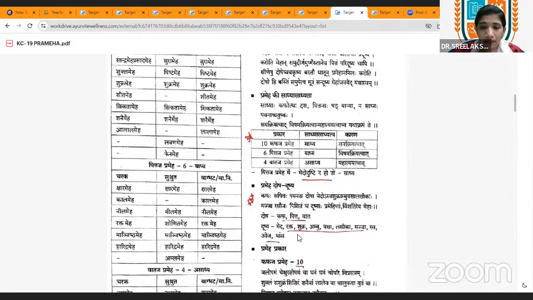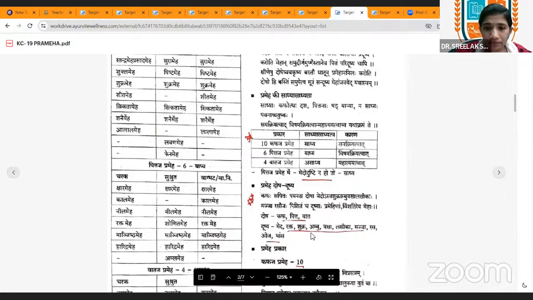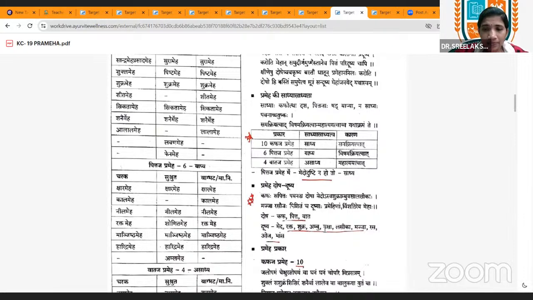In Prameha, mainly Lesiga is very important, and also Vasa, Ambu, Shukra, Rekta. Actually, the Dhatus Rasa, Rekta, and Medas, Mamsa are present as the Dushya. And along with that, what is present? Lesiga, Ojas, and Ambu.